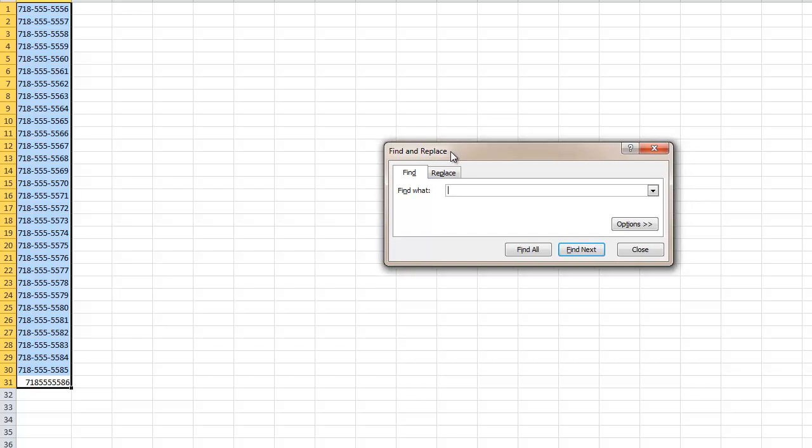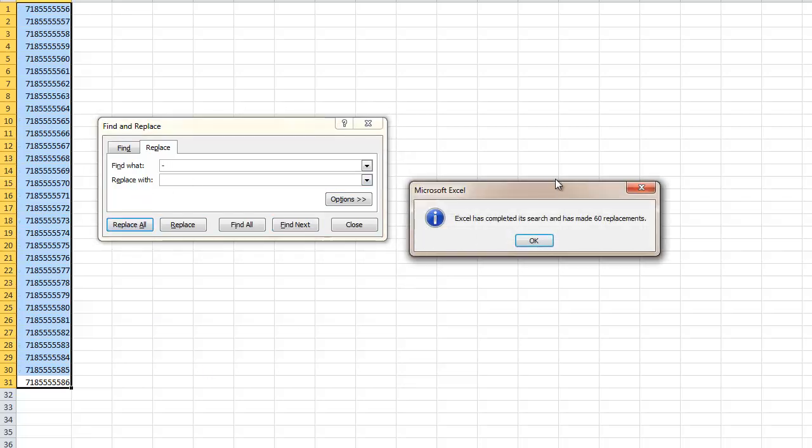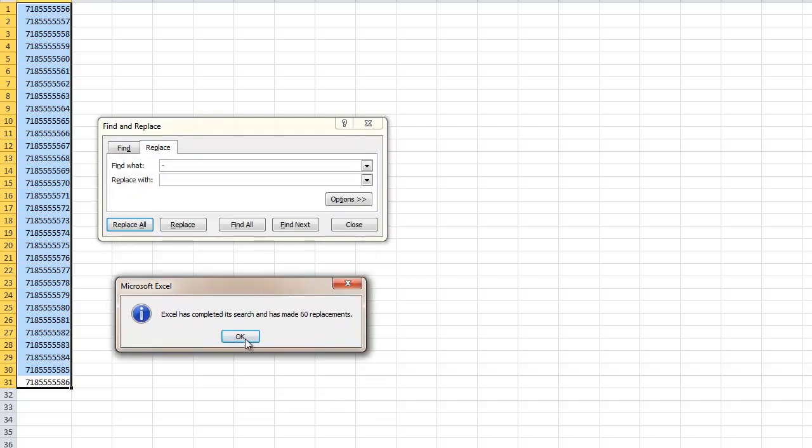Well, I'm going to hit Control F on my keyboard, and that's going to bring up the Find and Replace window in Excel. And I'm going to go to Replace, and I'm going to put in a dash, and I'm going to leave Replace with blank, meaning it's going to take out all the dashes and put nothing there because I'm not replacing it with anything. So when I click it, you'll see Excel is telling me that it made 60 replacements and all my numbers